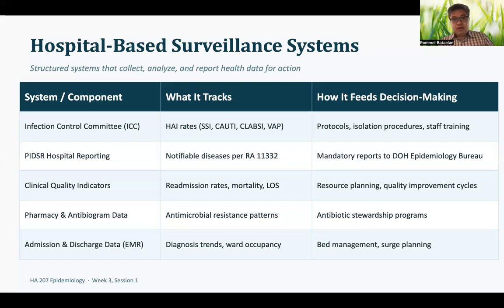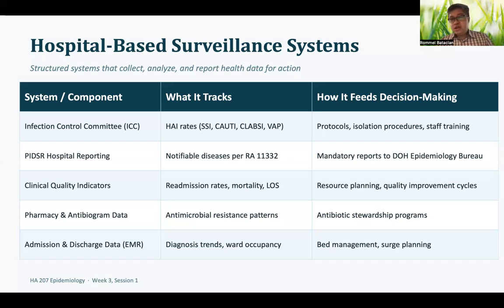They're also involved in the reporting of the antibiogram, which is collated data based on the culture studies that were done in the hospital. So whether it's a urine culture, blood culture, or even sputum culture, the infection control committee is also responsible to report that to the physicians and the other stakeholders in the hospital, because that would be important in guiding antibiotic recommendations for specific types of infections.